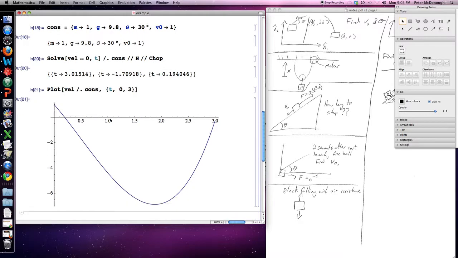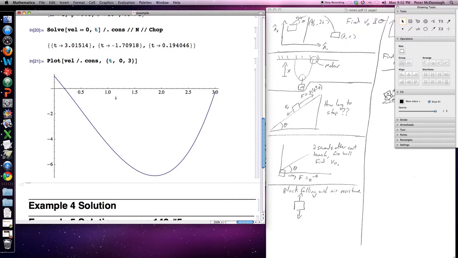All right, so we're looking for the times when our velocity is equal to 0. So as time increases, it looks like my velocity immediately starts decreasing, and then I have zero velocity here, and then interestingly enough,